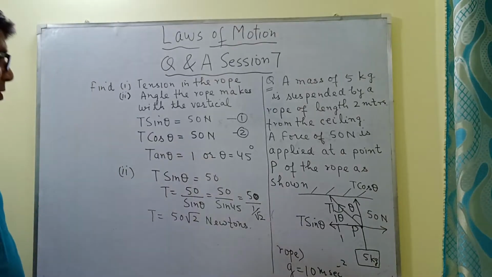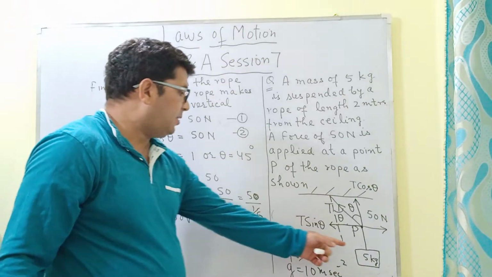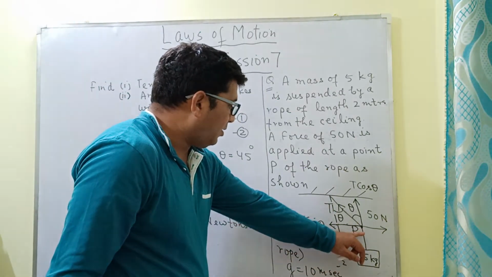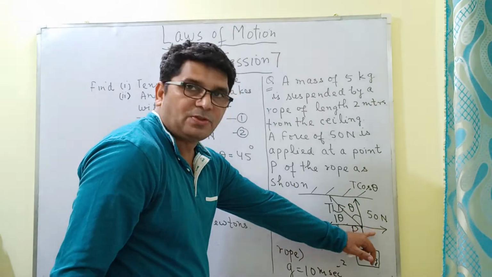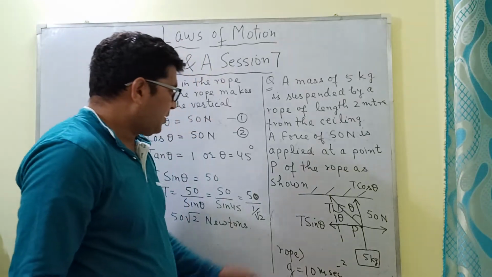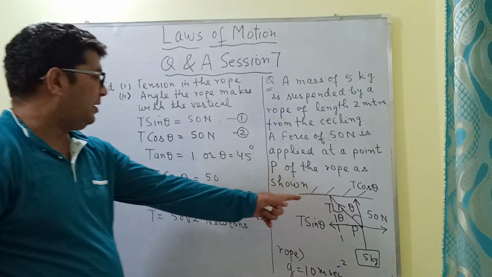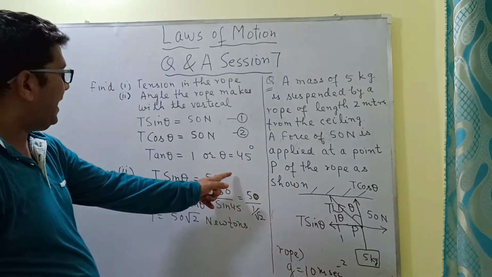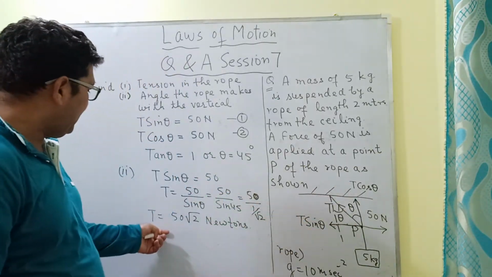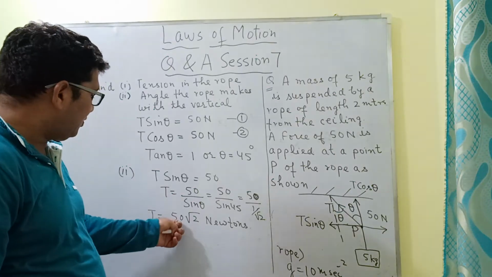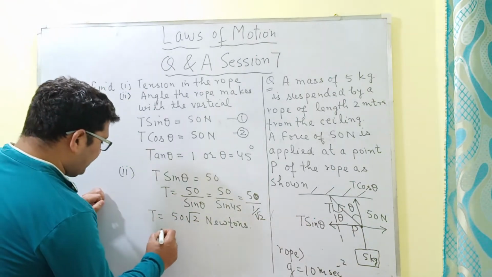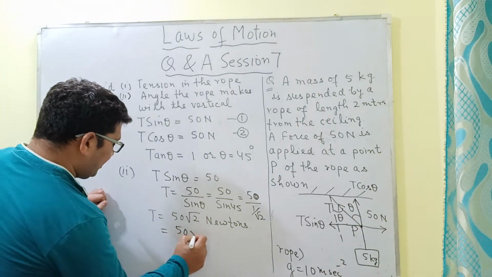So if this mass is in a state of equilibrium on the application of a horizontal force of 50 Newton magnitude at the point P, then the rope will make an angle of 45 degree with the vertical, and the tension in the rope will be equal to 50 root 2 newtons. If you want to simplify this further, we can do it also, that is 50 into